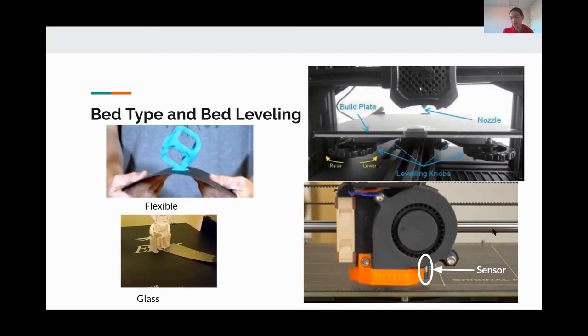The second method is just to have a bed and then use a sensor to sense the height of the extruder from the bed. Basically, you don't really care whether the bed is completely flat or not. And so usually auto leveling is the better option to go with if you can, because auto leveling